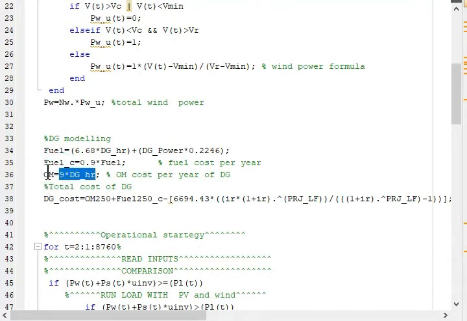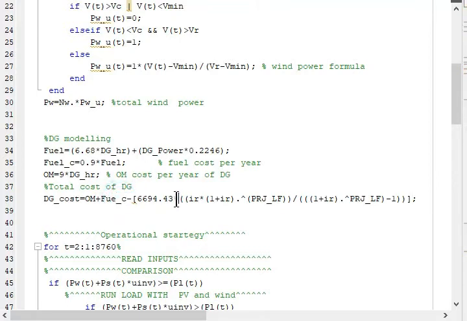And that's the operation and maintenance cost. So that will be per hour, for however many hours you are running, and then it may be $9, whatever your demand is in your country, depending on your situation. What is the operating and maintenance cost if you have a DG? So the total cost will be the OM cost and the fuel cost of your DG. Operation and maintenance cost is given here, and fuel cost is given here. That's the fuel cost.